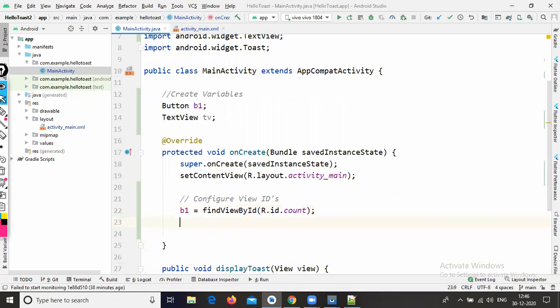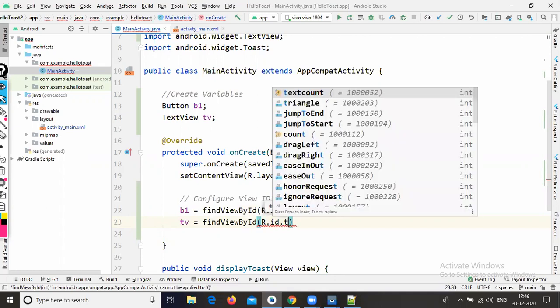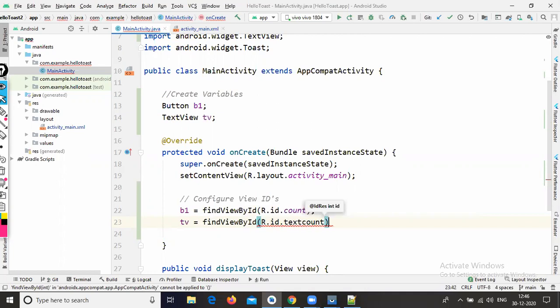In the same way, configure the test view id. Just type TV equal to findViewById(R.id.testcount).